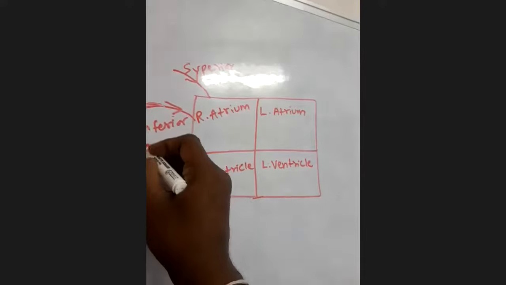We call these veins. The first one is superior vena cava. This is superior vena cava. These are veins, and this is inferior vena cava,